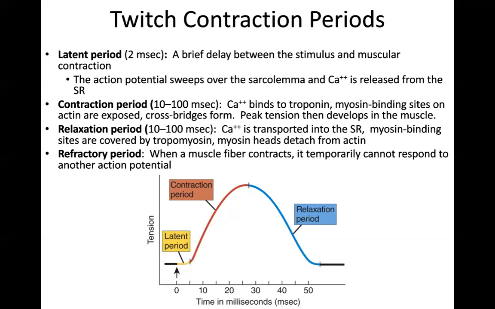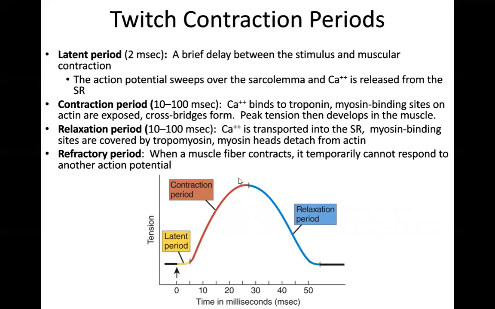This is where the calcium's binding to troponin, myosin binding sites on actin are exposed, cross bridges form, and the shortening occurs. We develop peak tension during this stage. And then, since it's only one action potential, we relax, meaning that there's calcium being pushed back into the SR, myosin binding sites are being covered by the tropomyosin, myosin heads are breaking free from the actin and can't reform cross bridges,